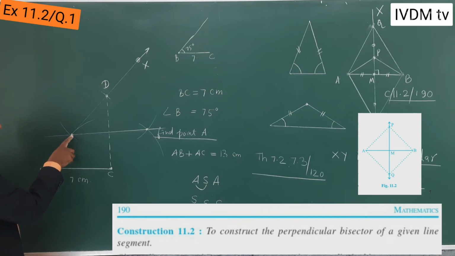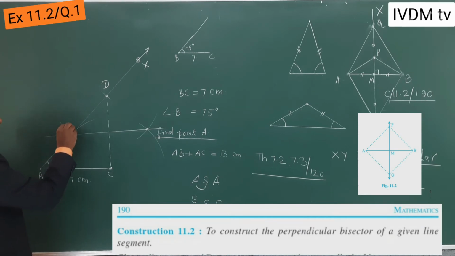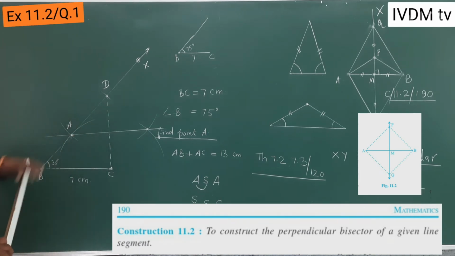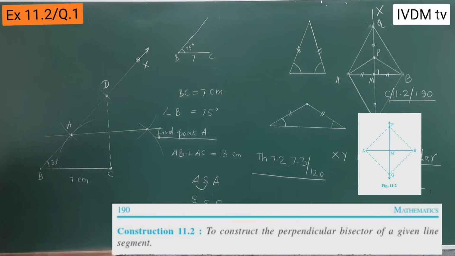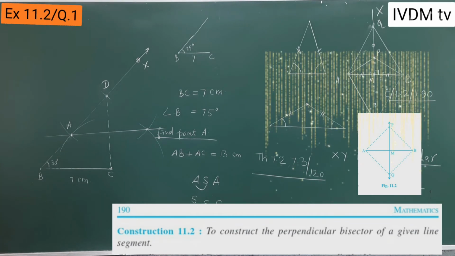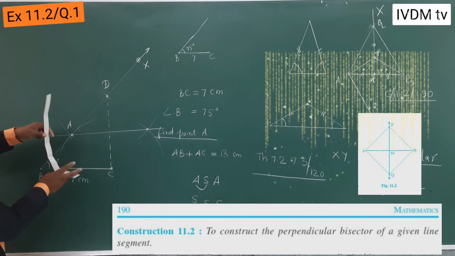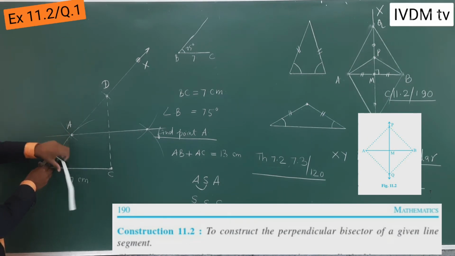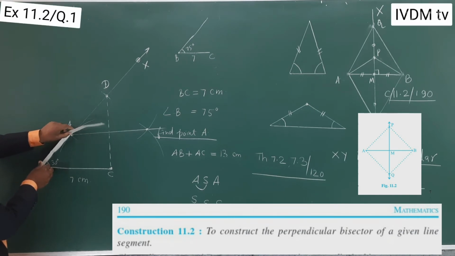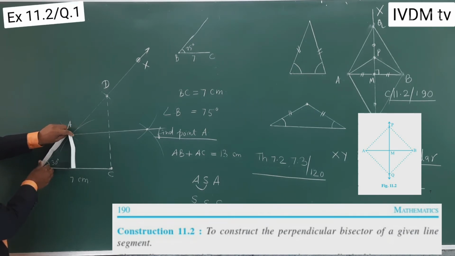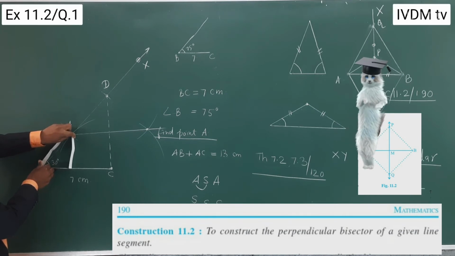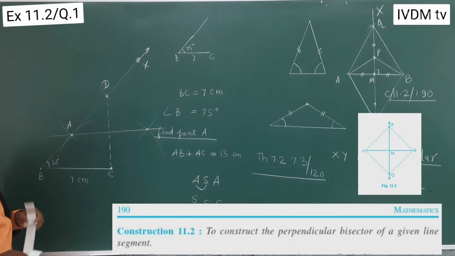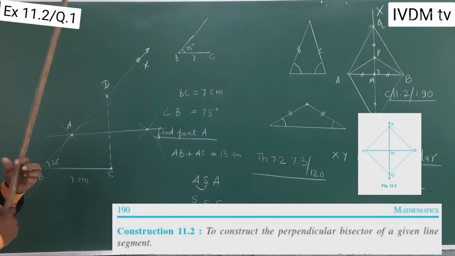It cuts at this point. So this is the point A, such that AD, when you fold it, as I have shown you in the figure, this is the base angle, this is the 30 degree, and you have found a point such that when you fold it, it will make a triangle, which is required, 30 degree. So this is the point A.